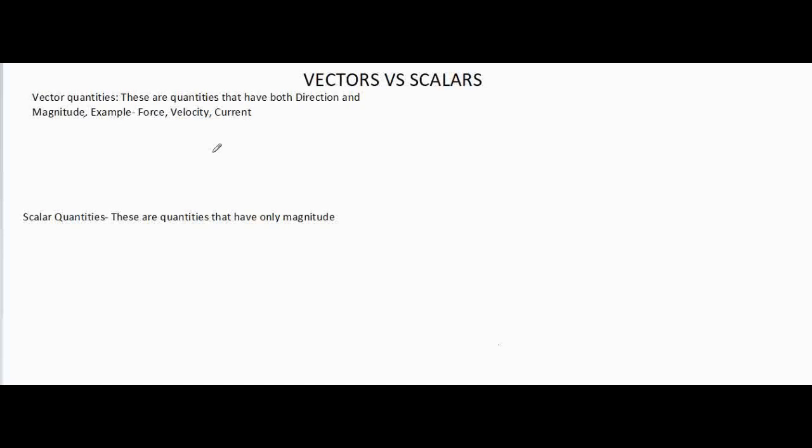Now, vector quantities such as force or velocity are quantities in which we have to take into account not only the magnitude, the number, say 5, but you also have to take into account the direction. So, for example, if we have force being pushed in the right direction, and we assign a value of say positive 5,